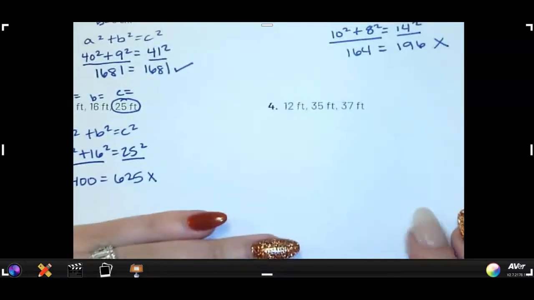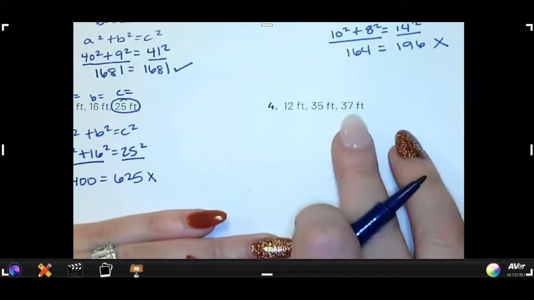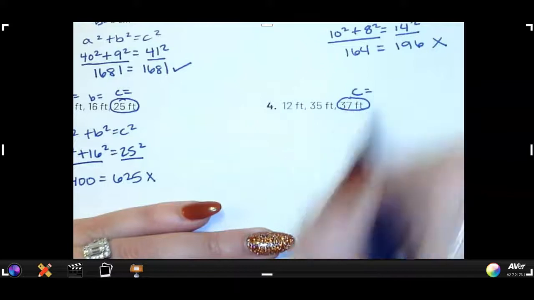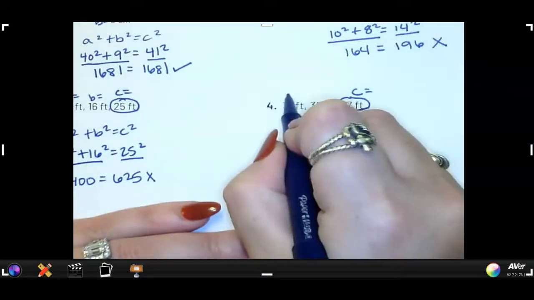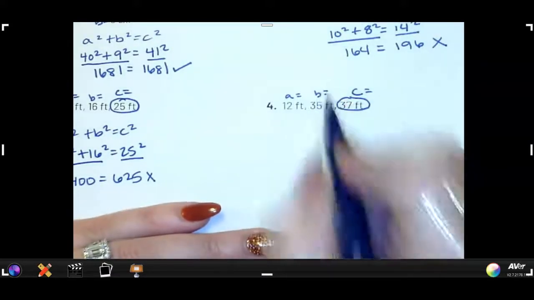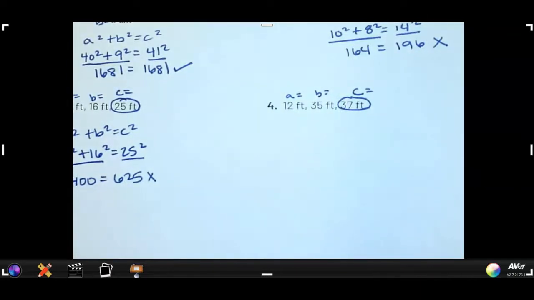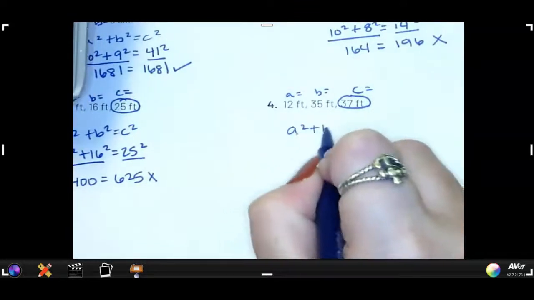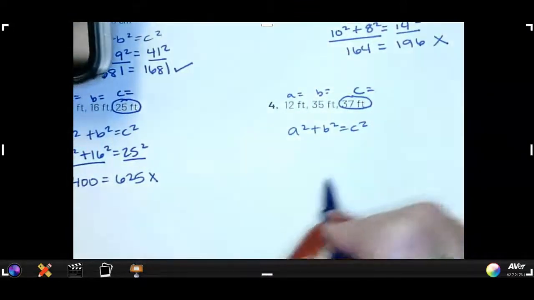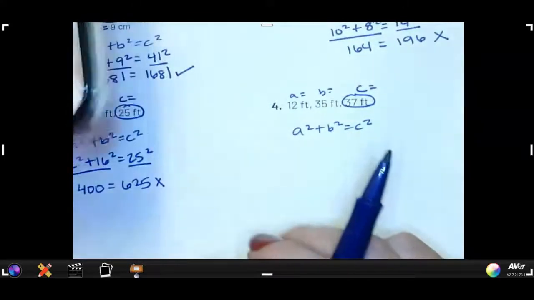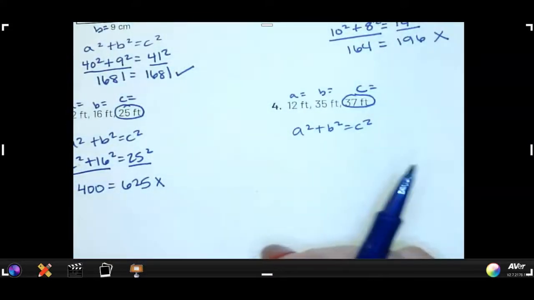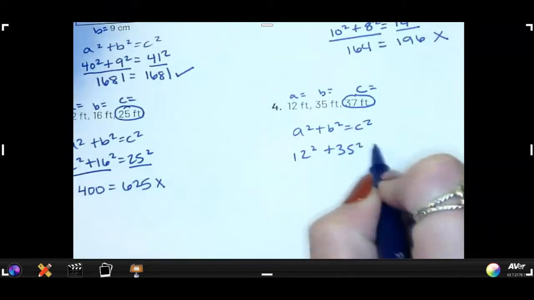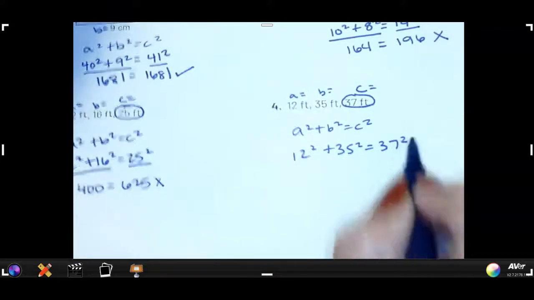Number 4, we have a triangle with side lengths of 12, 35, and 37. So 37 is going to be our hypotenuse. And we will use 12 for A and 35 for B. Okay? So let's go to our Pythagorean theorem. A squared plus B squared equals C squared. And we're going to substitute in our numbers. Okay, so we're going to have 12 squared plus 35 squared should equal 37 squared if it's going to make